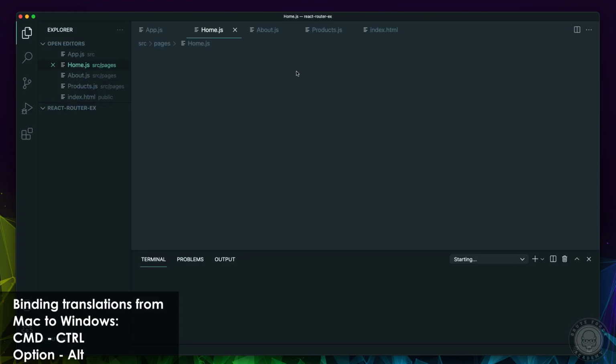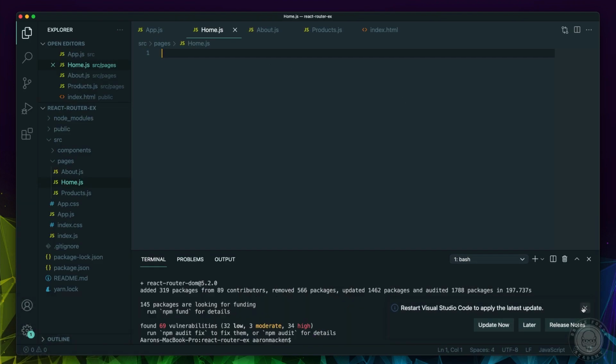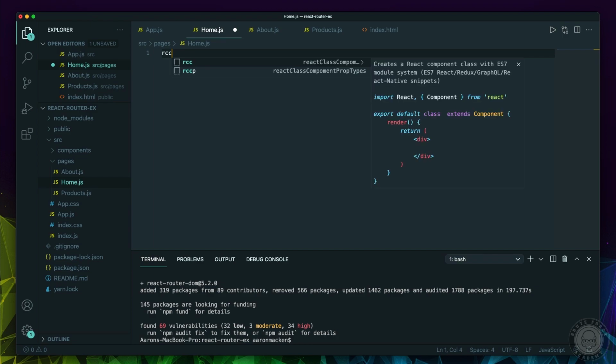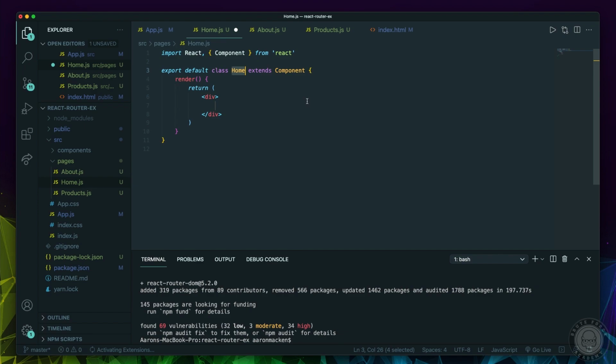Okay, sometimes VS Code just has a hard time. So let's try this one more time. RCC, there it is, and I'll go ahead and choose that one. And then you see we've got our boilerplate right here. What I'm going to do is put inside of this div an h1 tag that says